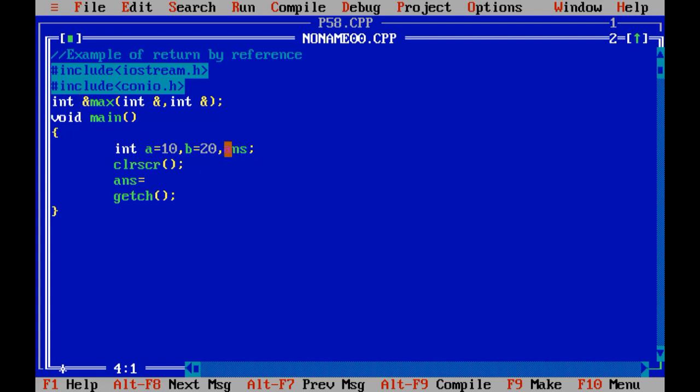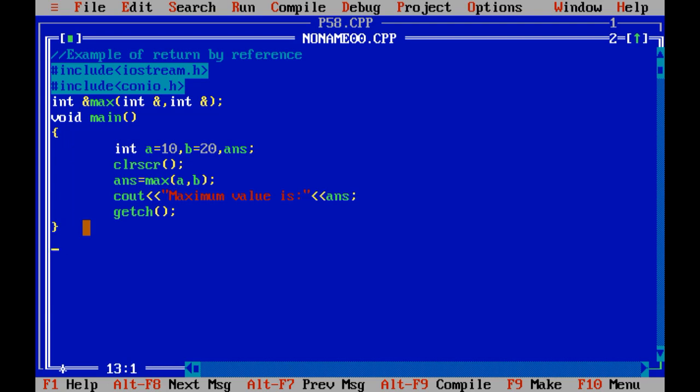So I have taken the answer variable as an integer. Now I can call my maximum function using the answer variable, maximum a comma b. This is a function with arguments and with a return value. So we input from the void main and it returns the value to the void main. So we need to print answer over here inside void main only. Maximum value is and answer.